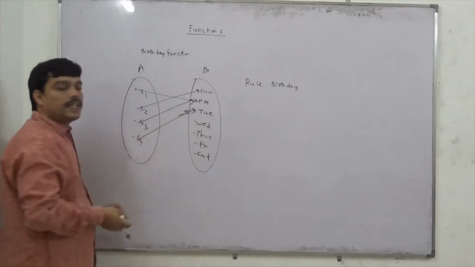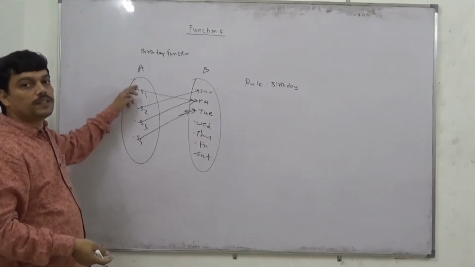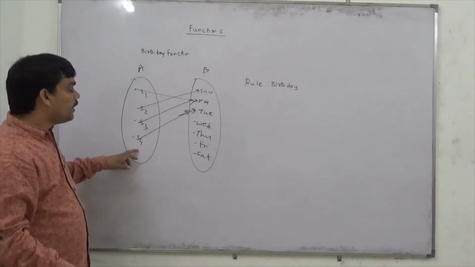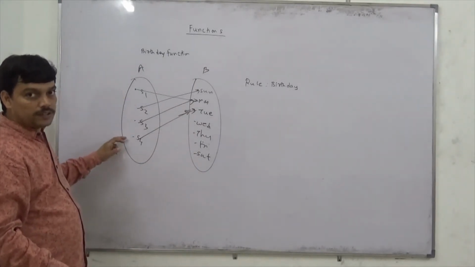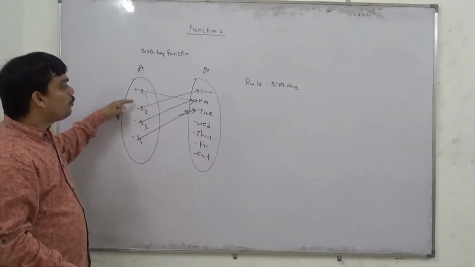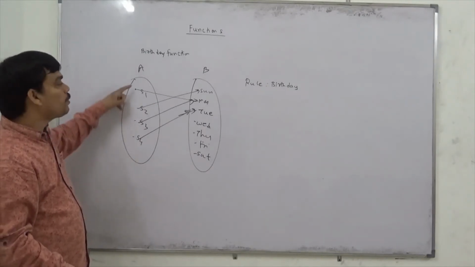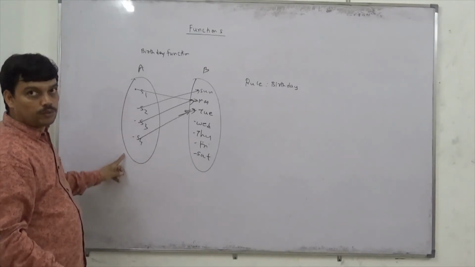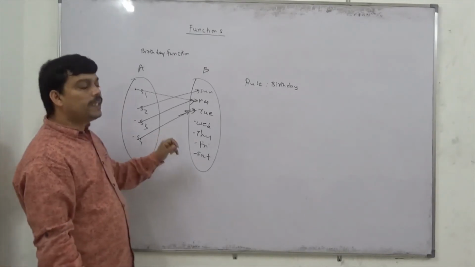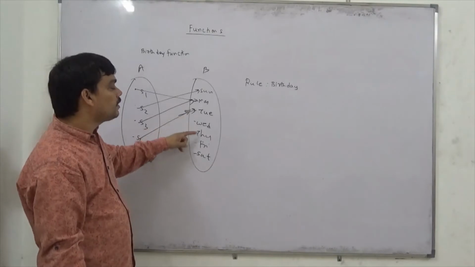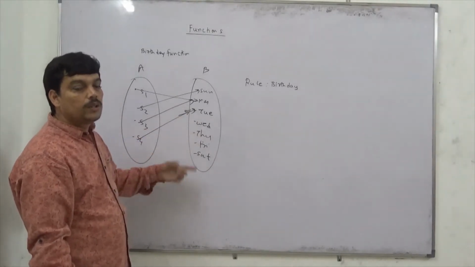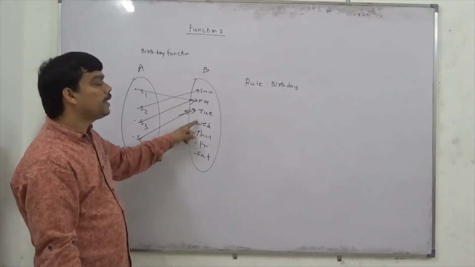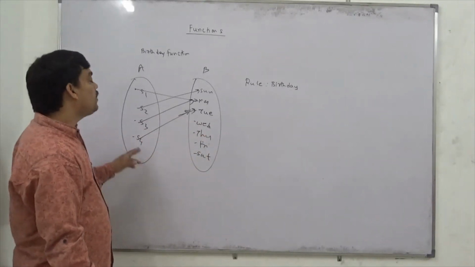So you can see that S1, S2, S3, S4, all the students are having a birthday on some day or the other in set B. But you can see that no student is left out here because there won't be any student who doesn't have a birthday. Each and every student in a class is supposed to have a birthday, so nothing in set A should be left out. That's what we conclude. But there can be days of the week, like Wednesday, Thursday, Friday, Saturday, on which no one has a birthday. That means some elements in B can be left out, but elements in A cannot be left out.